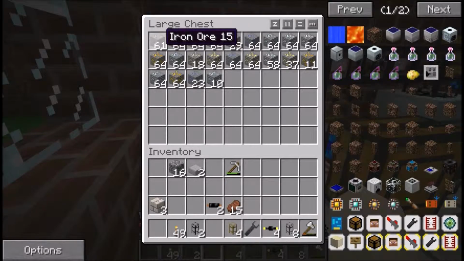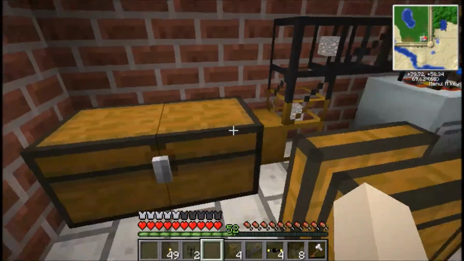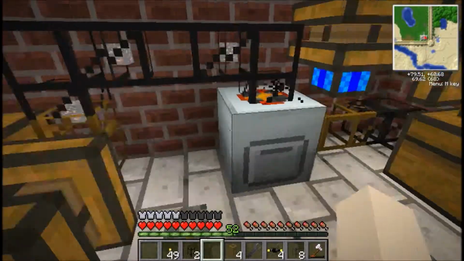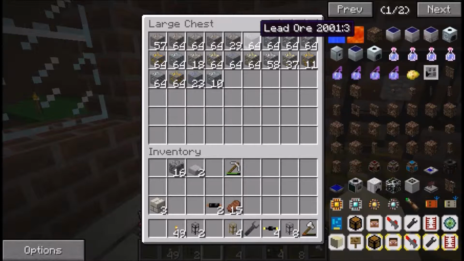So like I was saying, the stuff that's being pumped out with these wooden transport pipes will always pump from the left to the right. Oh my god, these machines, I forgot how loud they are. So they will pump always from the left to the right and go down. So it's going to go all this top row first, and then...